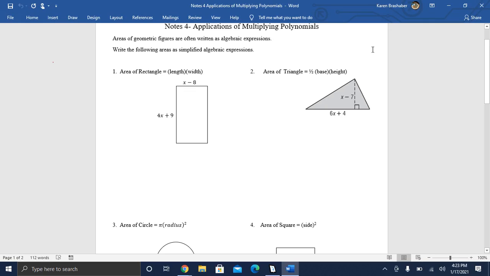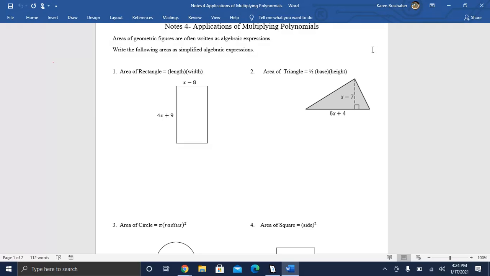Hello students, today we'll be working on applications of multiplying polynomials. We'll be doing several algebraic expressions to find the area of various geometric figures. So we will start with the area of a rectangle, and that is found by taking the length times the